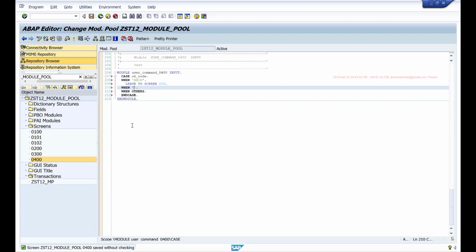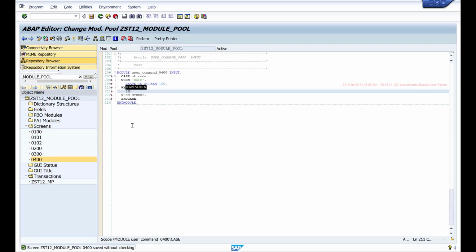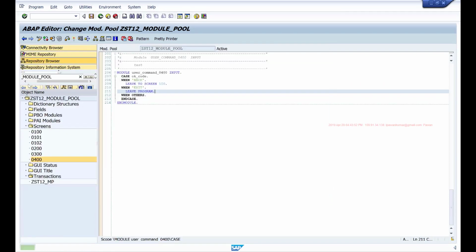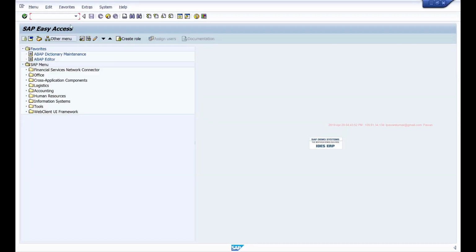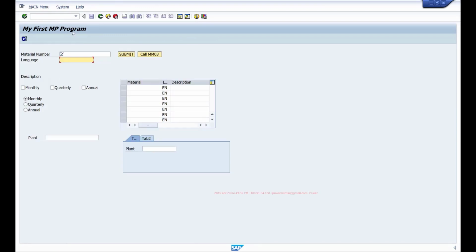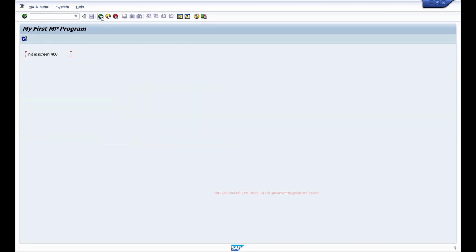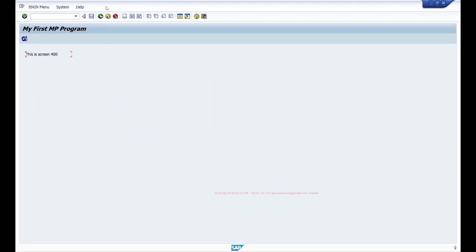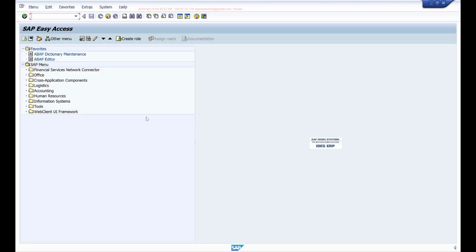When exit, I'll leave the program. The leave statement will basically leave by deleting everything from the memory. So now if I run my transaction again, when I click on back, it should come back to 100. However, when I click on exit, it should completely quit the transaction.